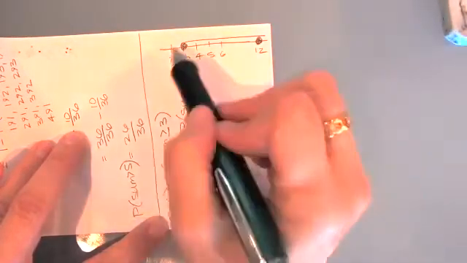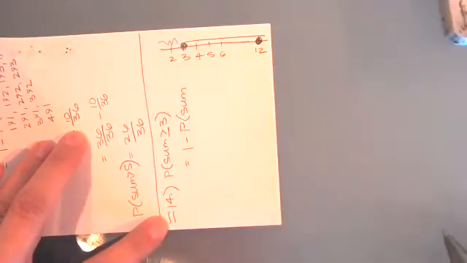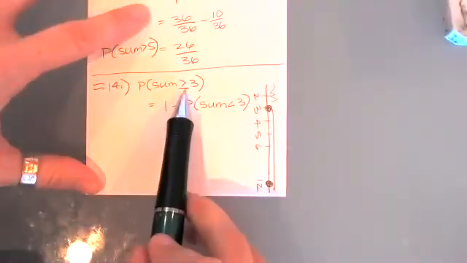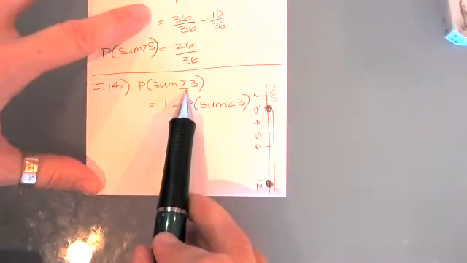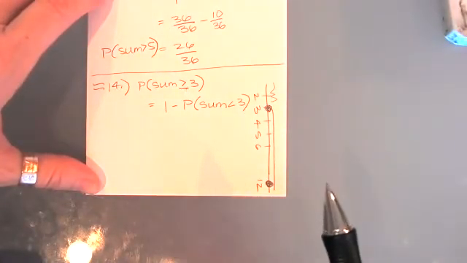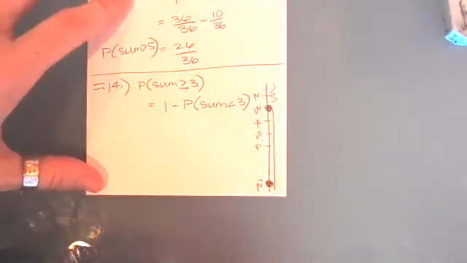Then what's this over here? What do we call that? Just less than? Yeah, sum is less than 3. Would it be less than 3 or less than or equal to? No, because I already counted 3 over here. It can't include that. It has to be exclusive. Okay, that makes sense. Are we good? Everybody's good?